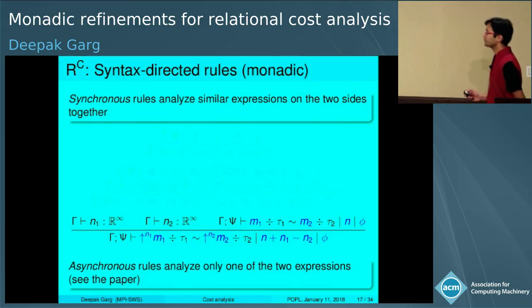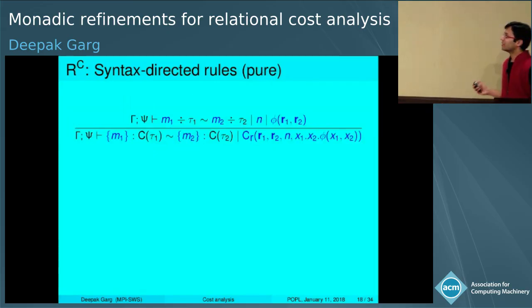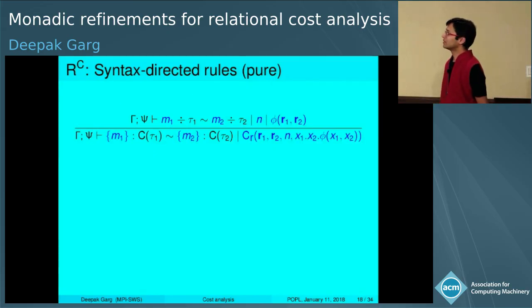Okay? All right. On the pure part of the language, we only threw in one additional construct, that's this brace construct. Okay, this is suspended computations. So how do you relate brace m1 to brace m2? Again, the way you do this is by switching to the monadic judgment to relate m1 and m2, let's say with some post condition phi and some relative cost n. And in that case, this brace m1 and brace m2 are related by this funny expression here, which is written